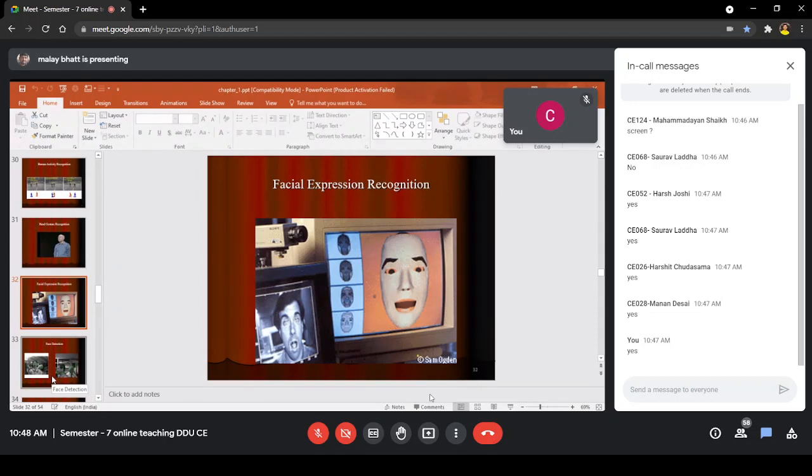There is one more interesting application. You can see that there is a camera on top of the screen here, and a person is making different faces in front of the camera, and that person is visible on the screen also. According to the expression the person is giving, another automated computerized face will be matched to indicate the facial expression of that person. So this is one of the applications of image processing.